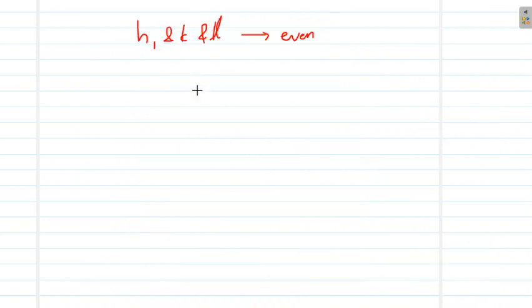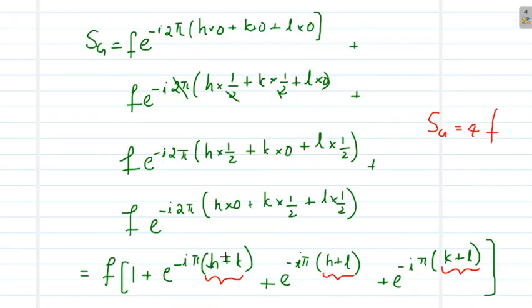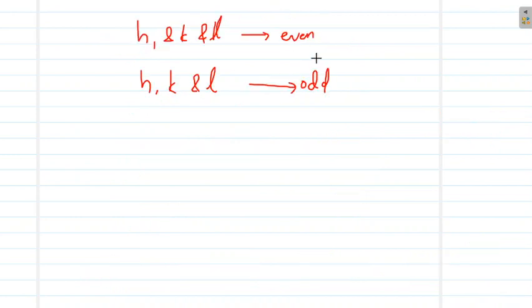And the same situation will hold if h, k and l are all odd numbers, right? Because an odd number plus an odd number is also an even number. So then h plus k will be even, h plus l will be even, k plus l will be even. So when h, k and l are all odd numbers or all even numbers, we have the maximum structure factor,